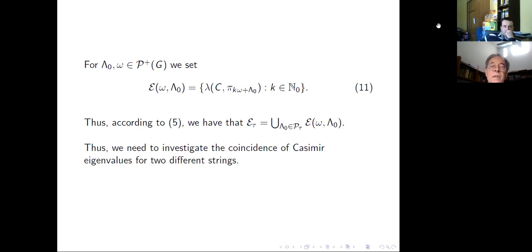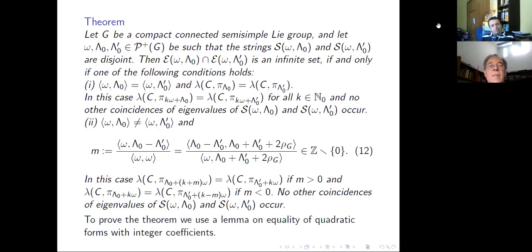And then we have that E tau, the eigenvalues for tau, is a union of the eigenvalues over the set of strings. For now, E tau is infinite. But we need to investigate the coincidence of Casimir eigenvalues for two different strings. This is our main tool, which is a result that describes